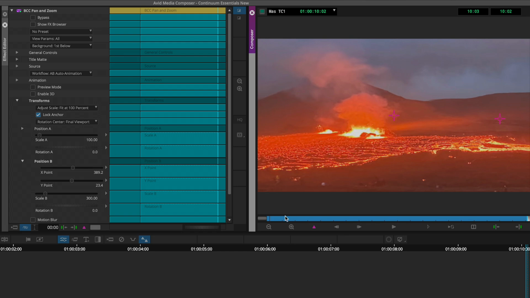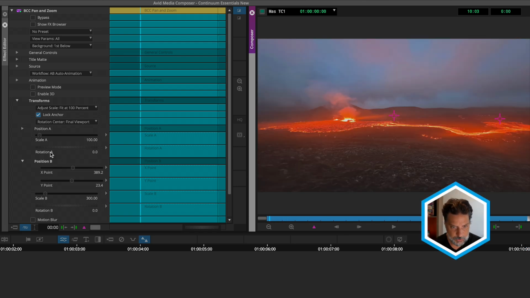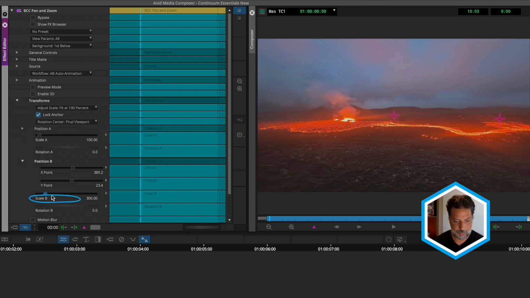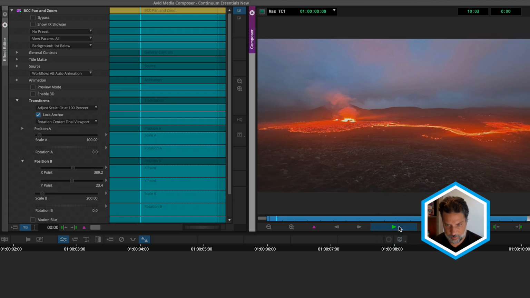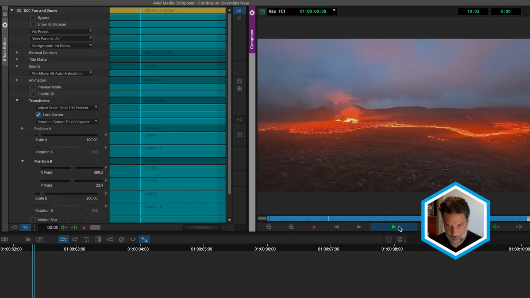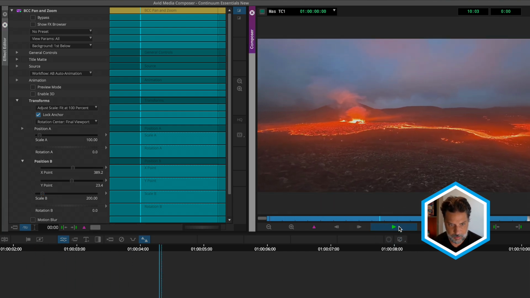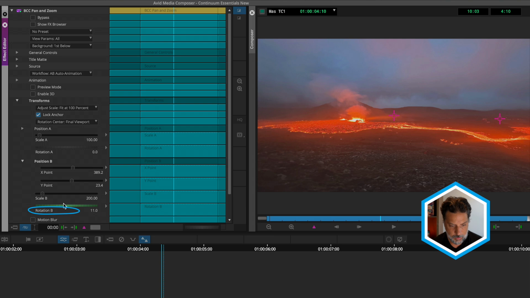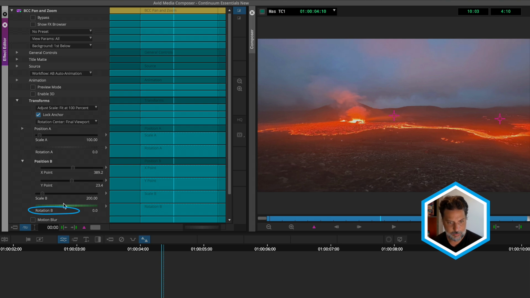In addition to just changing position, we also have options for changing scale. So right now I'm scaling into my image up to 300%. I'm going to bring that down to 200 so we don't move in as aggressively on our image. And we also have control for rotation. Right now this is just on the Z axis, but if I zero out these values and actually enable 3D